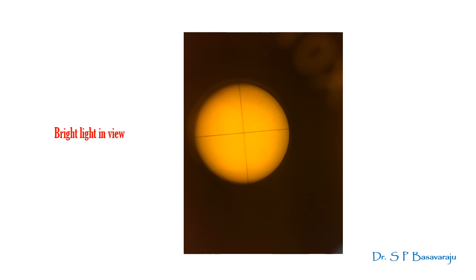But what if the bright light doesn't change to the rings at all? Don't worry. Perhaps you have not moved the objective up sufficiently. Therefore, raise the microscope slowly up by operating the rack and pinion motion knob. Then the rings appear in the view. But what if you don't see the rings even after moving the microscope sufficiently up? That's a different problem which we shall name as problem number 2.